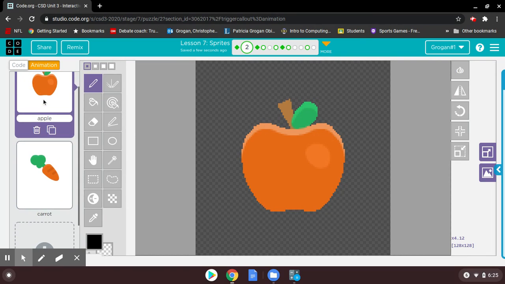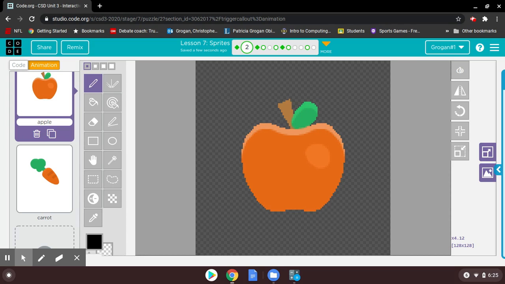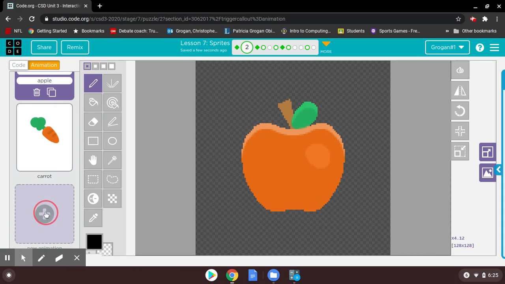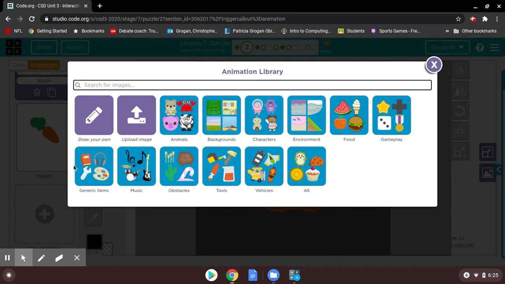The animation tab allows you to create new animations, and there's a couple of different ways you can do it, three in particular. One is that you can choose from thousands of different images that have already been uploaded into the animation library. You could upload an image from online, or you can draw your own. We're going to be focusing on the animation library, this stuff right here,